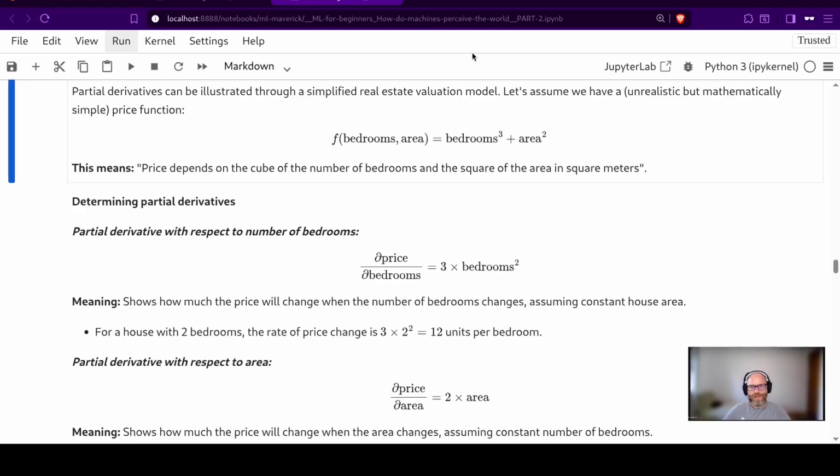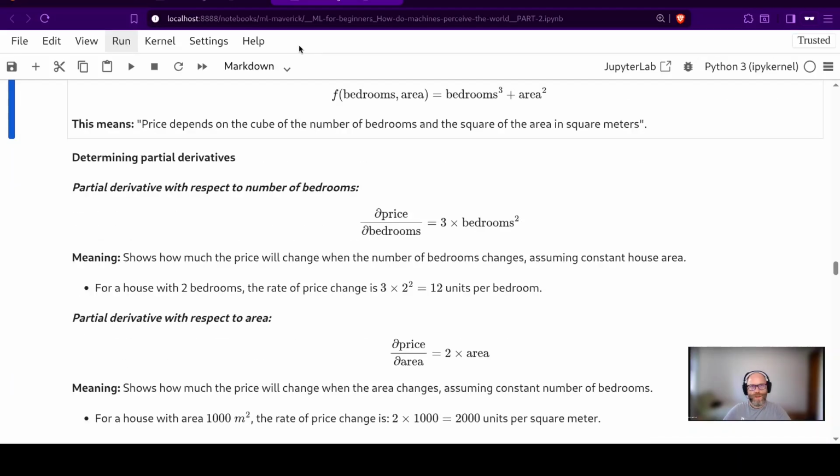meters. Determining partial derivatives. The partial derivative with respect to the number of bedrooms, which is the partial derivative of price divided by the partial derivative of bedrooms, equals 3 times bedrooms squared. It shows how much the price will change when the number of bedrooms changes, assuming constant house area. For a house with 2 bedrooms, the rate of price change is 3 times 2 squared equals 12 units per